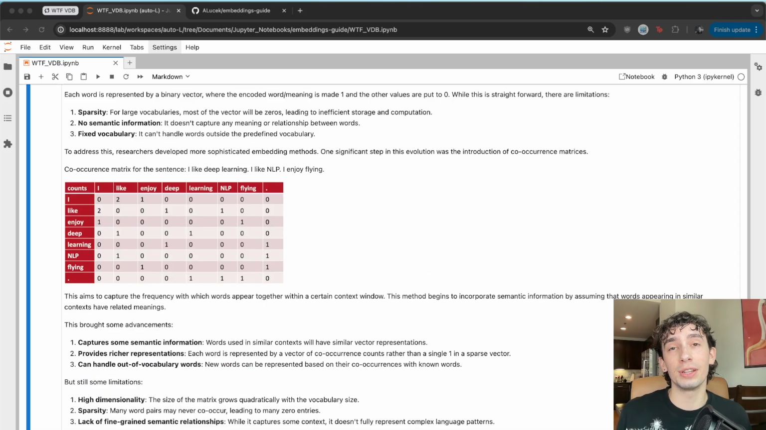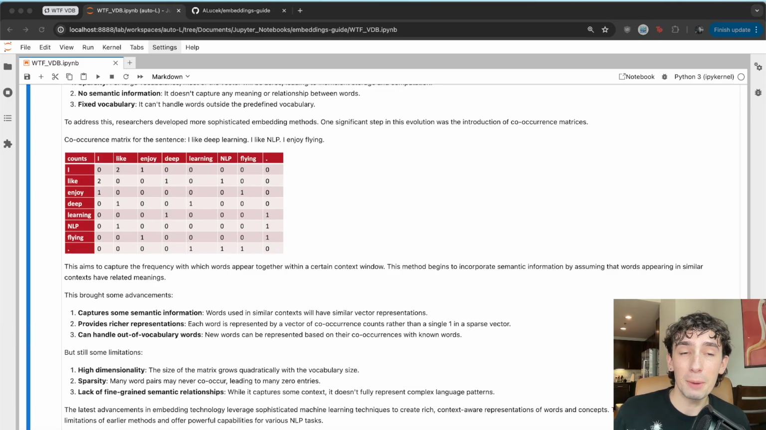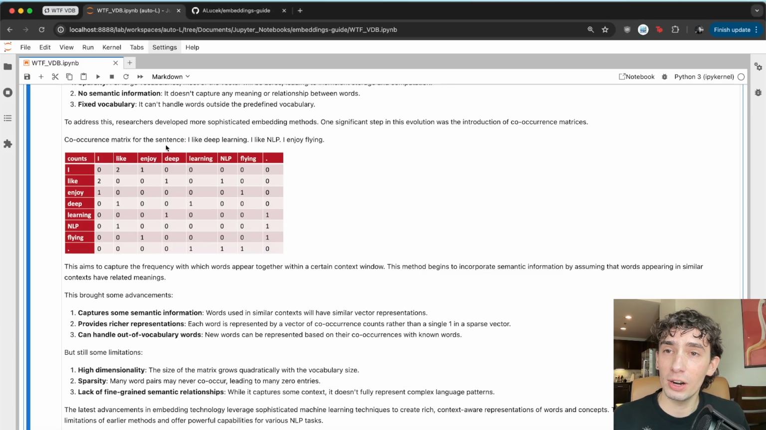And so to address these limitations, researchers started looking at more frequency and contextual-based solutions. This brings us to the next step here, the co-occurrence matrix. This operates under the assumption that words appearing with similar frequency in similar contexts likely have more related meanings. So for our example here of I like deep learning, I like NLP, I enjoy flying,